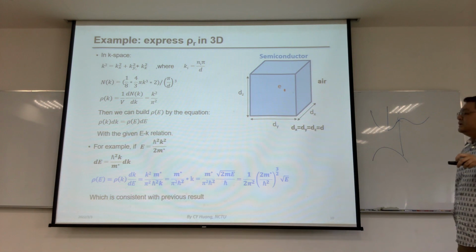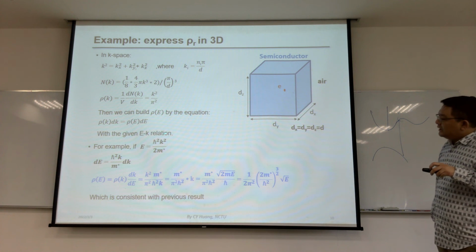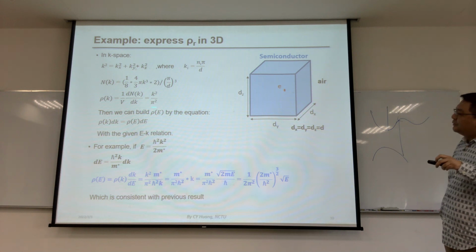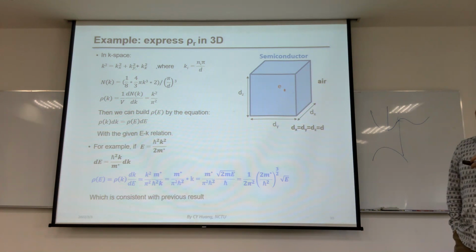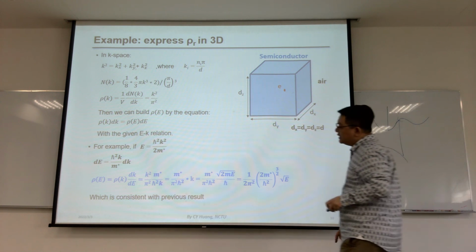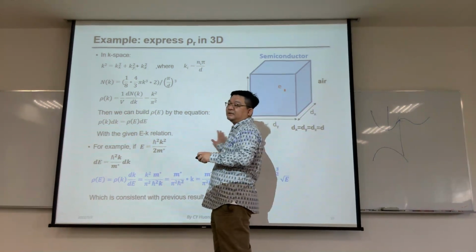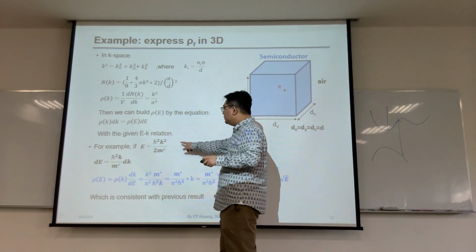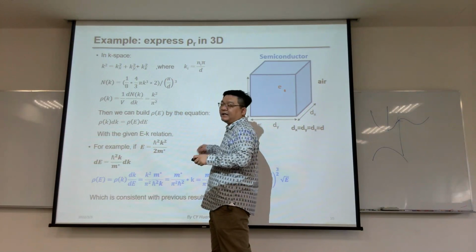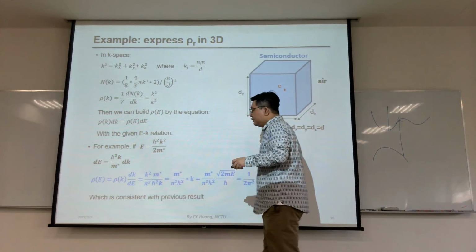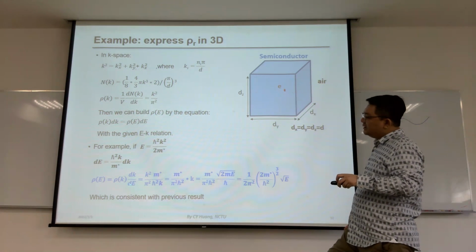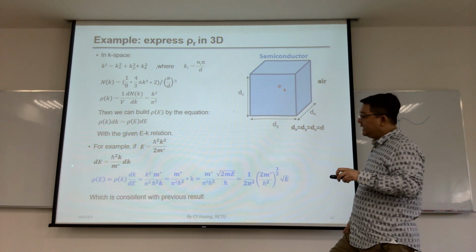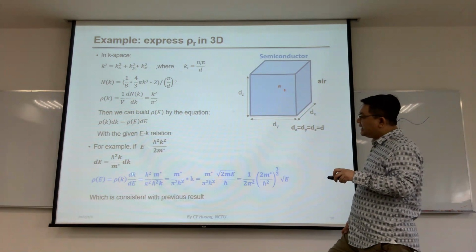Alright, so if we do the same, we can build this equation, and we have the E-k relation. This is an example where we still take a parabola, but we can still do that if you assume it is some other function, or you can also try a cosine; the way is the same. You do that: rho of E is rho of k times dk over dE, as long as you have a specific E-k relation. Then you find dk over dE